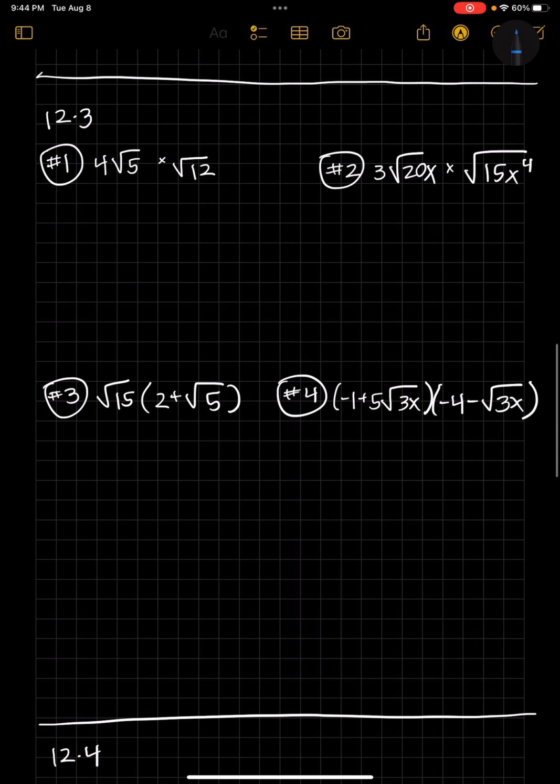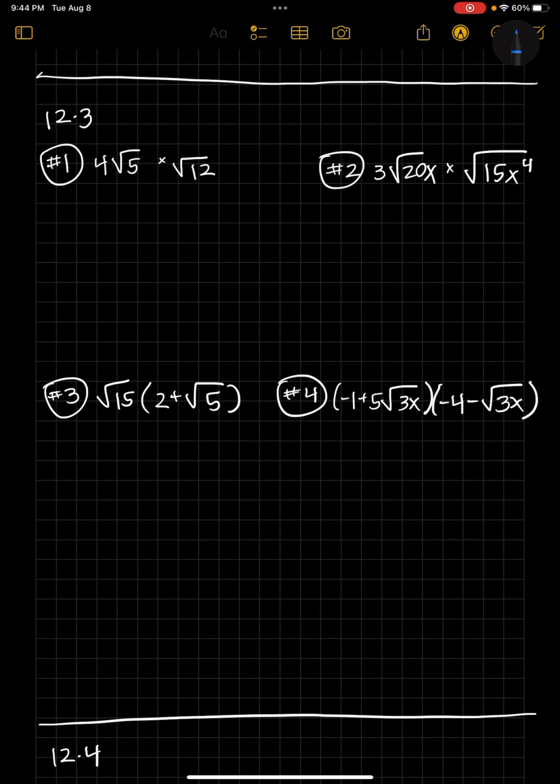Now let's talk about 12.3. So 12.3 is multiplying square roots. So when we multiply square roots, we just multiply what's outside with what's outside, what's inside with what's inside, and then we simplify our answer. So for example number 1,